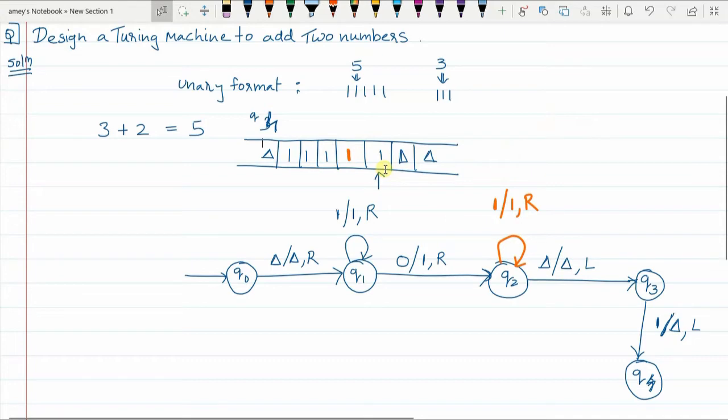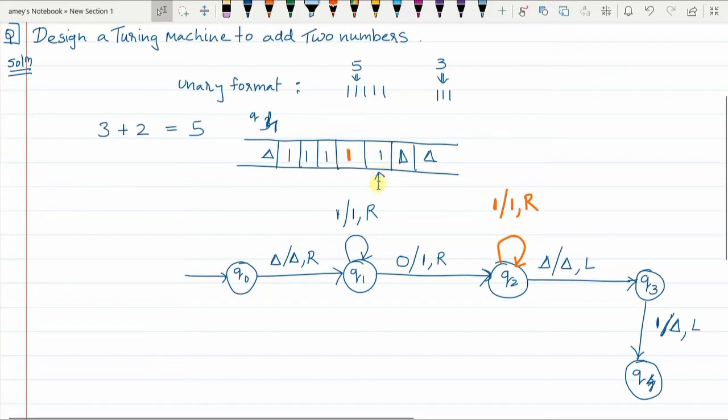So in Q4 state, please note the number of ones on the tape are the exact number of ones that are required. We wanted 5 ones and there are 5 ones on the tape, right? But you cannot stop here, because after this problem is solved, the user is going to read the string.